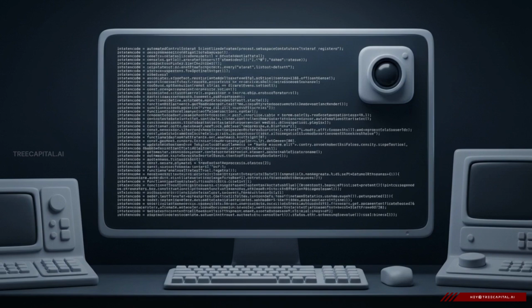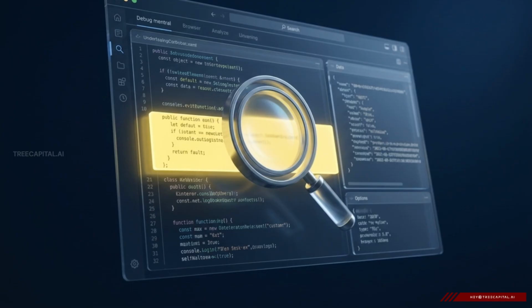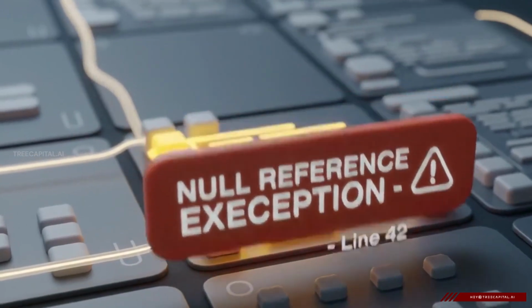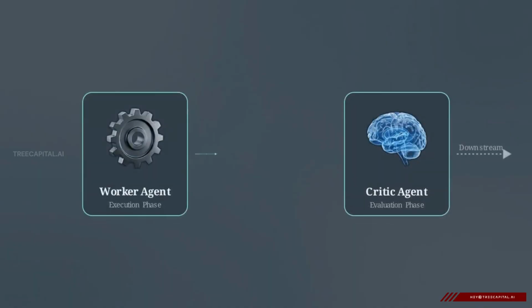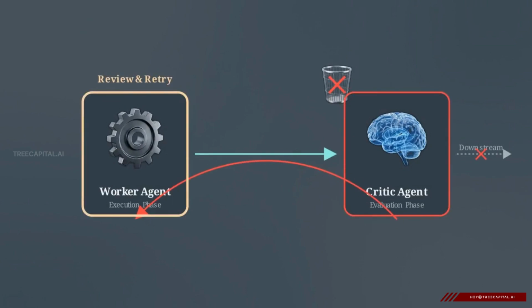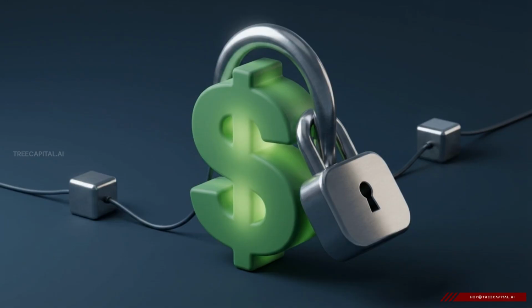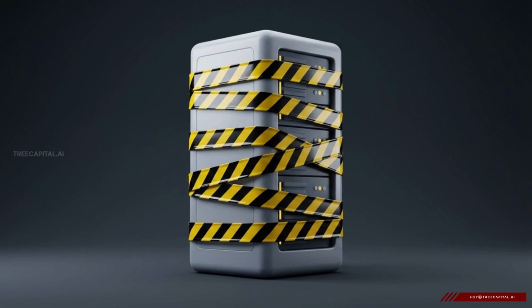Even with specialized tools, autonomous execution requires oversight. The workflow utilizes a Critic agent, an entity whose sole function is to evaluate the tool operator's output against predefined business constraints. If the Critic detects an error or an anomaly in the logic, it triggers a recursive feedback loop. It forces the worker agent to pause, review the failure, and retry the step before passing any flawed data down the chain. For high-risk actions like executing a financial transaction or altering production data, the workflow stops entirely.